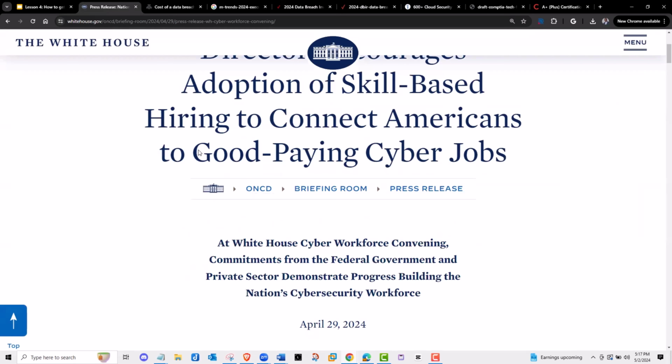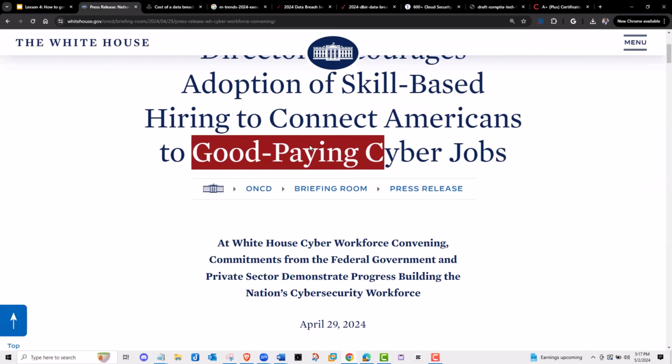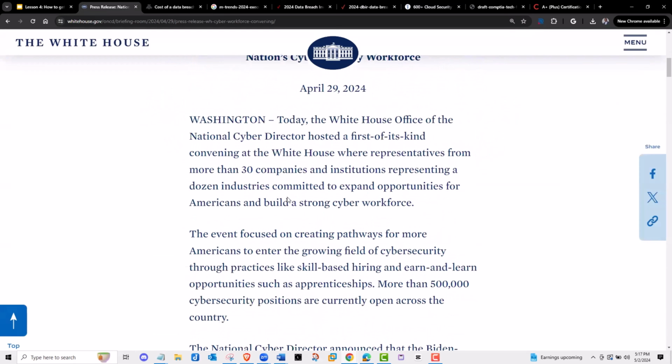And what they said is how they need to train the people who are going to secure the nation. And check this out. They say that more than 500,000 cybersecurity jobs are open. More than 500,000 of these jobs are open. This is true. ISC Square even came up with literally the same number. I'll be showing you that in a minute.